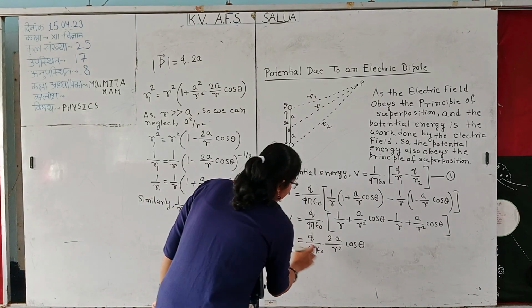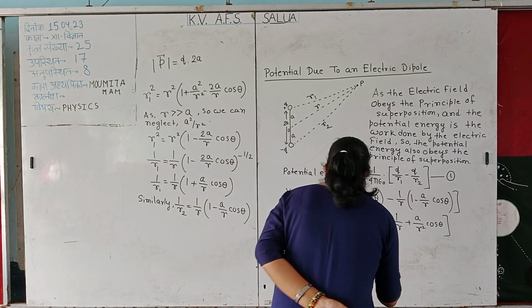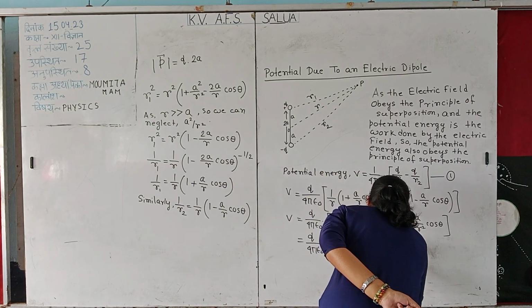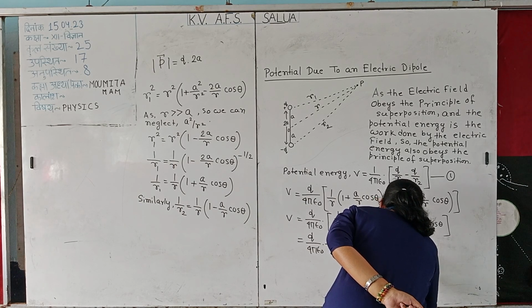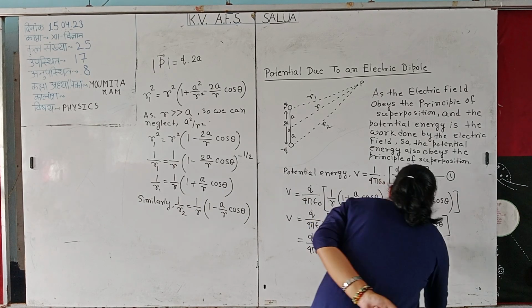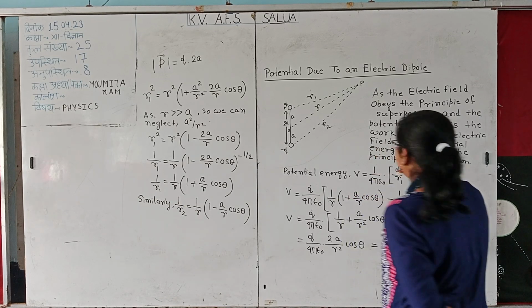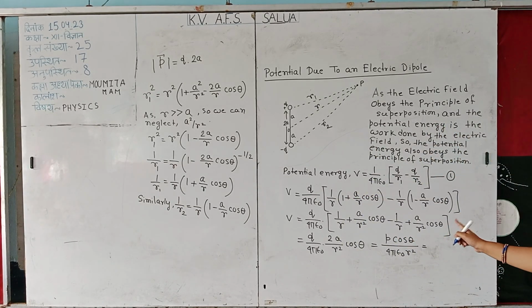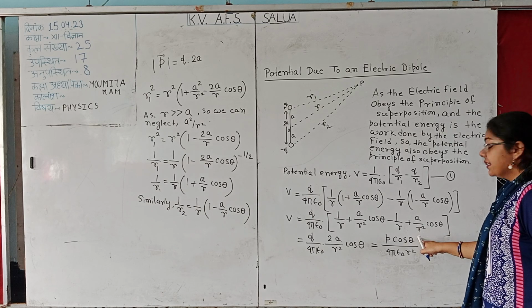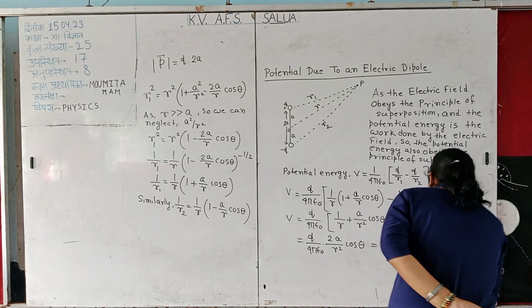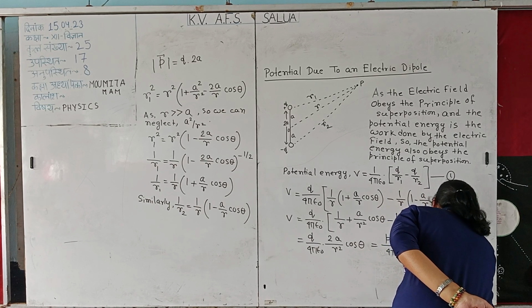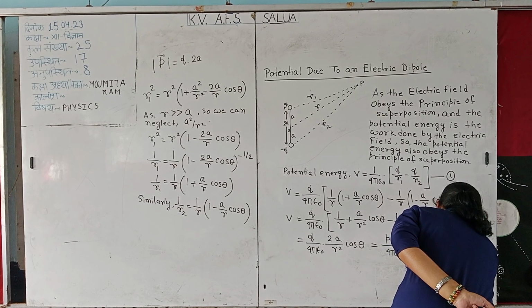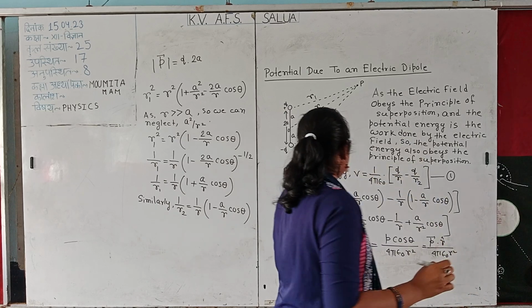So you can write this portion as p, and so V equals p cos theta by 4 pi epsilon naught r square. Now if you want to express it in vector form, you can write p vector dot r cap by 4 pi epsilon naught r square. So this is the expression of the